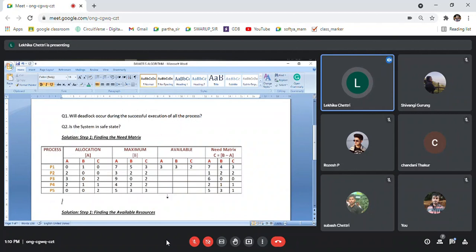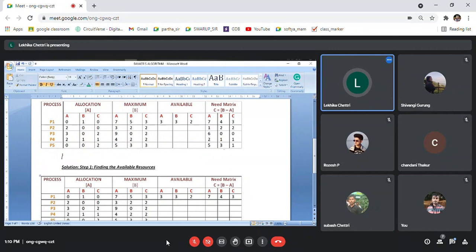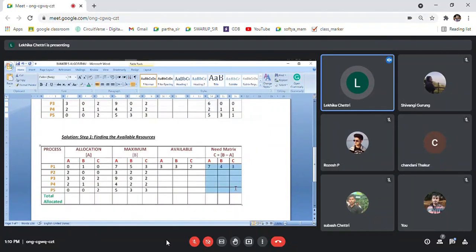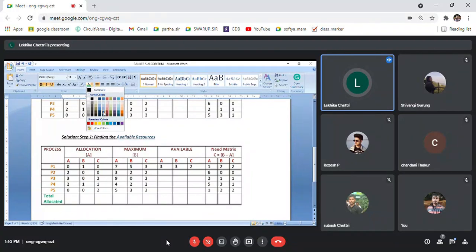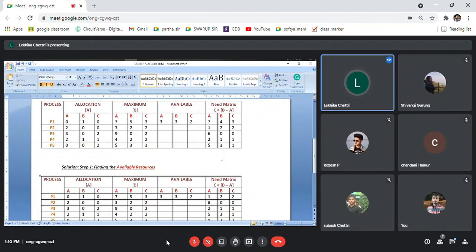So we are going towards finding the safe state. Now we'll have to find the available matrix. So this is your step one. I'm writing step by step. This is your step one and this is your step two. So step two, after you find the need matrix, is to find the available resources. Your step two is to find the available resources. Let's highlight this a bit. So now it needs this one. Okay, it's clear. Oh, what did I copy?